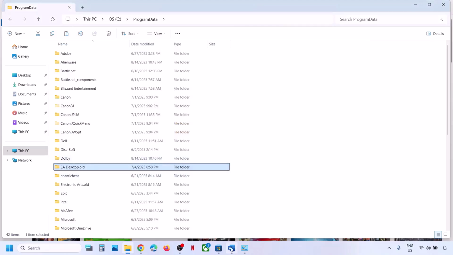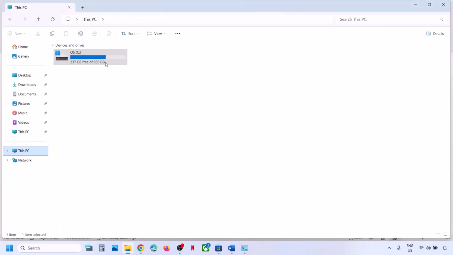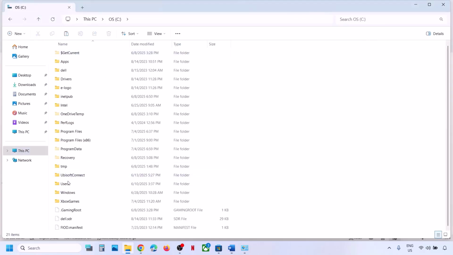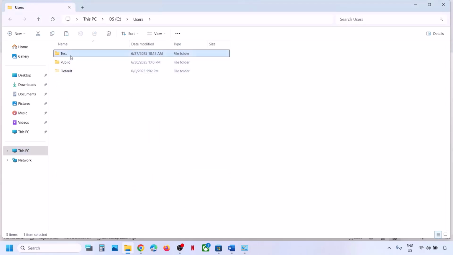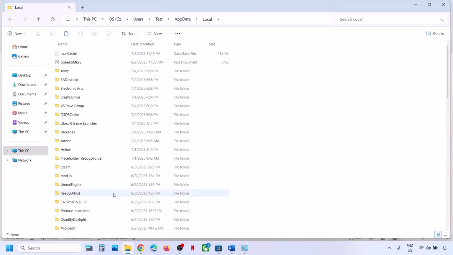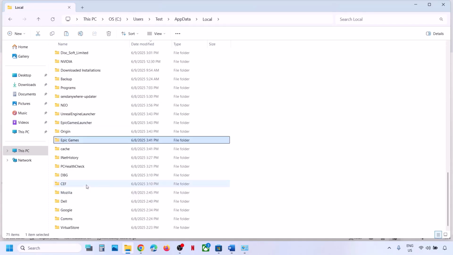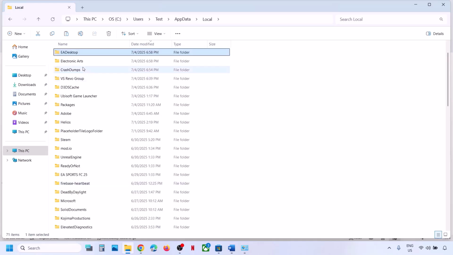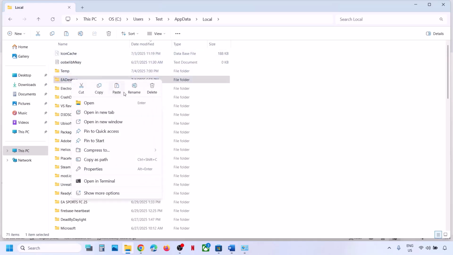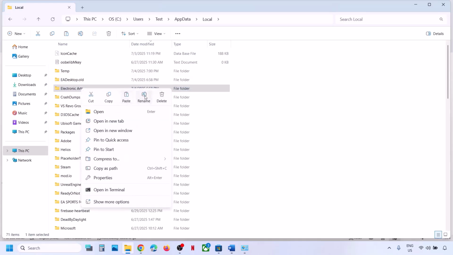Once renamed, now you can go to this location. So File Explorer, This PC, C drive, your Users folder, and then your username. Open your username, then open AppData. Now open Local. Do the same thing. Find EA Desktop. Yeah, here I can see EA Desktop. Make a right click on EA Desktop, and if you don't find it, you don't have to do it, but if you find it, just rename it. Electronic Arts, rename it,